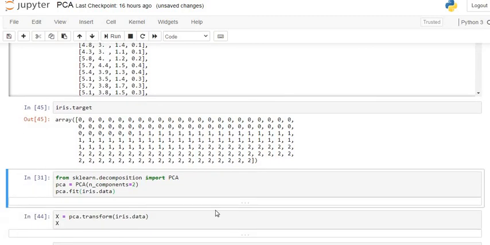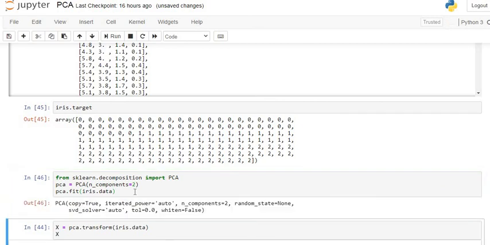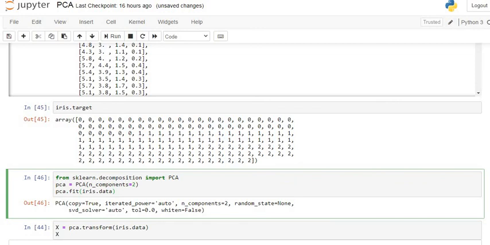So we import PCA using the sklearn library. Here we give the argument n_components equal to 2, that is, only 2 principal components, and try to fit our model on our iris data set. So this is the required code for obtaining the model for the principal components. Our code is executed here.